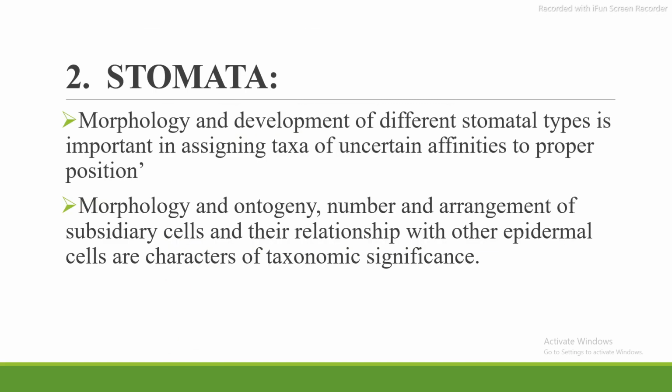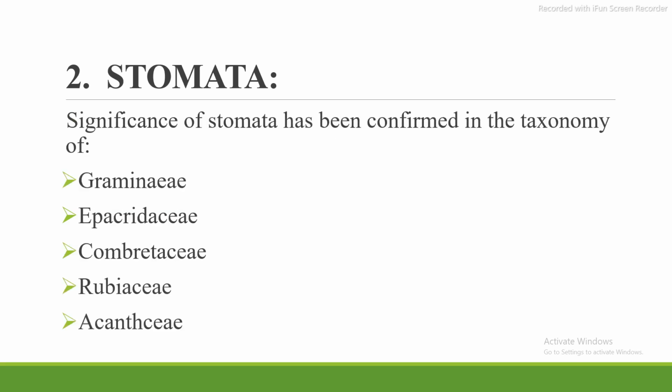Second is stomata. Morphology and development of different stomatal types is important in assigning the taxa of uncertain affinities to proper position. Morphology and ontogeny, number and arrangement of subsidiary cells and their relationship with other epidermal cells are characters of taxonomic significance. Significance of stomata has been confirmed in the taxonomy of Gramineae, Apocynaceae,